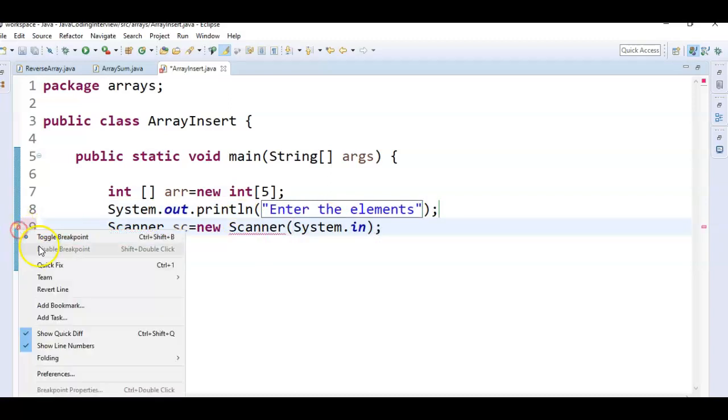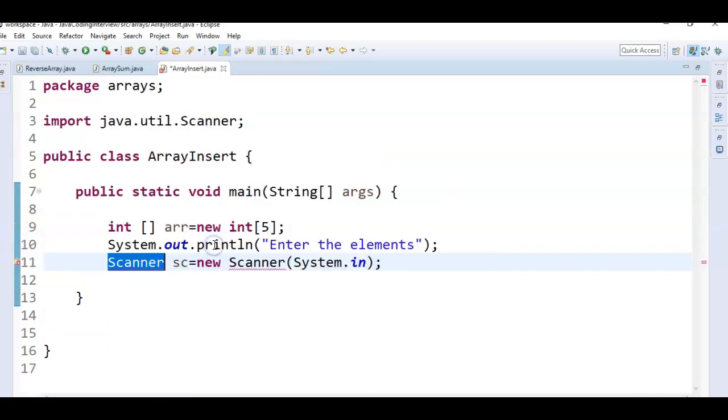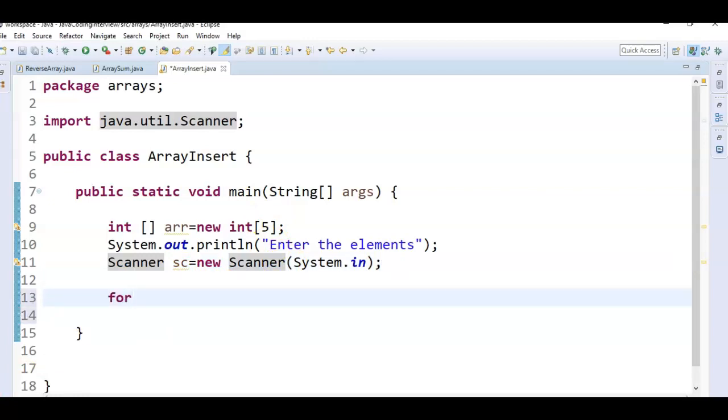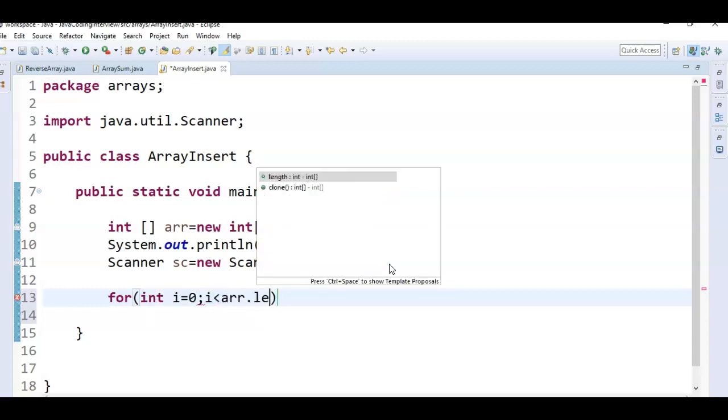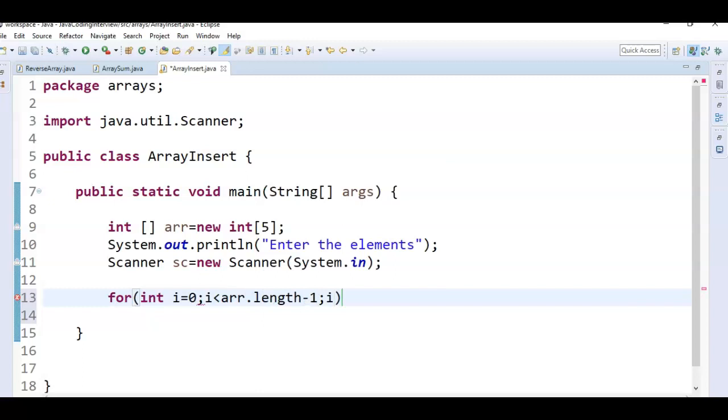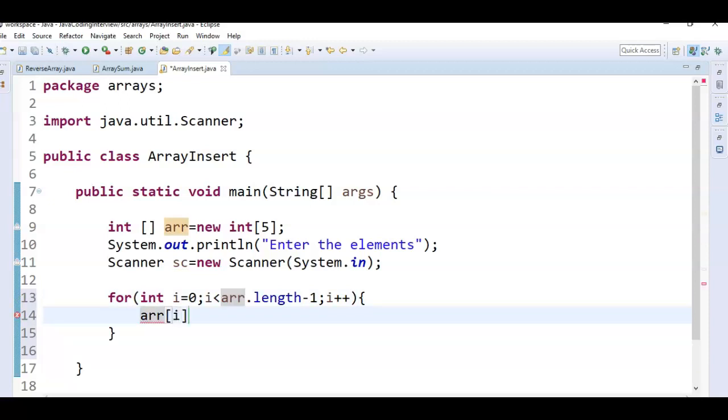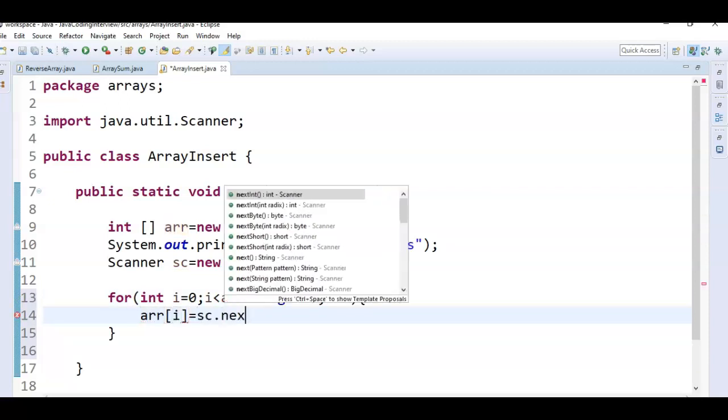This is used to take the input from the console. We have created a scanner object. After creating the scanner object, we are going to read the elements. For int i equal to 0, i less than array.length minus 1, and i plus plus. Now just say array of i equal to sc.nextInt.